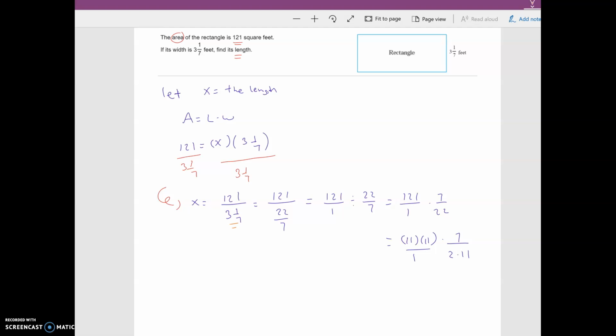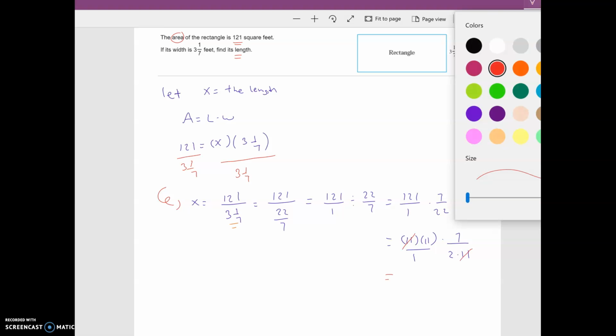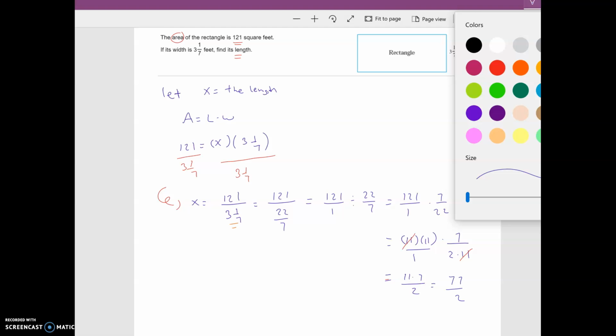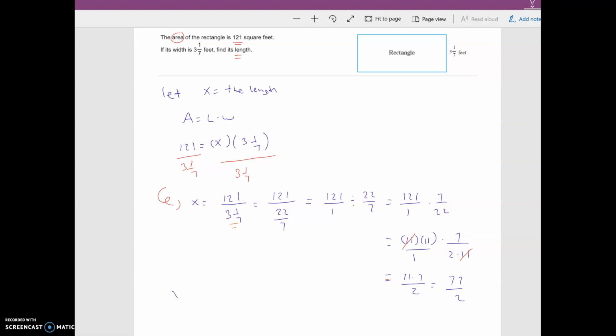And then from here, cancel common factors. You can cancel the 11s, and you end up with a little bit of a messy fraction. We end up with 11 times 7 over 2, or 77 divided by 2. Let me rewrite it so we can actually clear it up a little bit. So x is equal to 77 halves, which you can actually rewrite